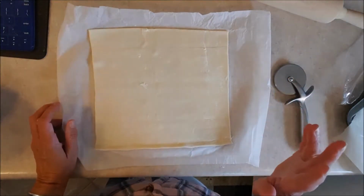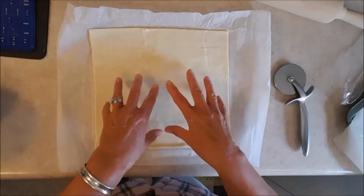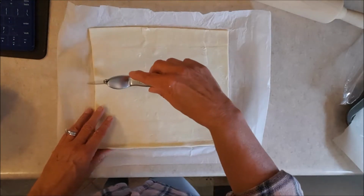And please, you have to defrost or thaw it out in the fridge overnight. Don't try to do it at room temperature because this gets really sticky and really hard to manage, okay? So we have basically a rectangle here, and we want to make